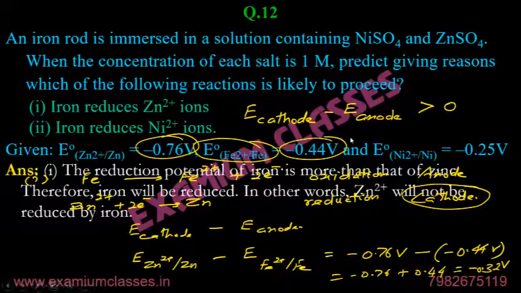A few points you have to remember: where the reduction is taking place, where the oxidation is taking place. In the question, it is already given iron reduces zinc sulfate. It means iron is oxidized, zinc sulfate is reduced. Iron oxidized, that reaction will happen at anode. Zinc sulfate reduced, that reaction will happen at cathode. Then we will calculate E cathode minus E anode. If that value is positive, reaction will happen. If not,